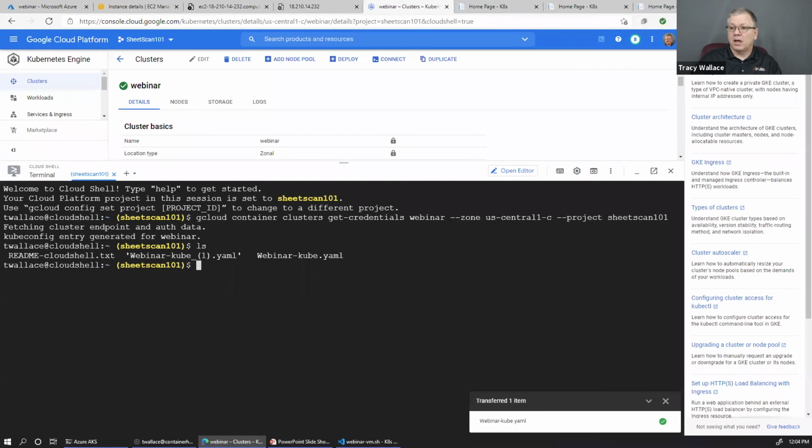Okay. Actually, I forgot to delete the old one, so we can just run with that. And there we go. All right, so I am going to apply that YAML file. So it's the exact same YAML file. I apply it. Okay, and now if I go